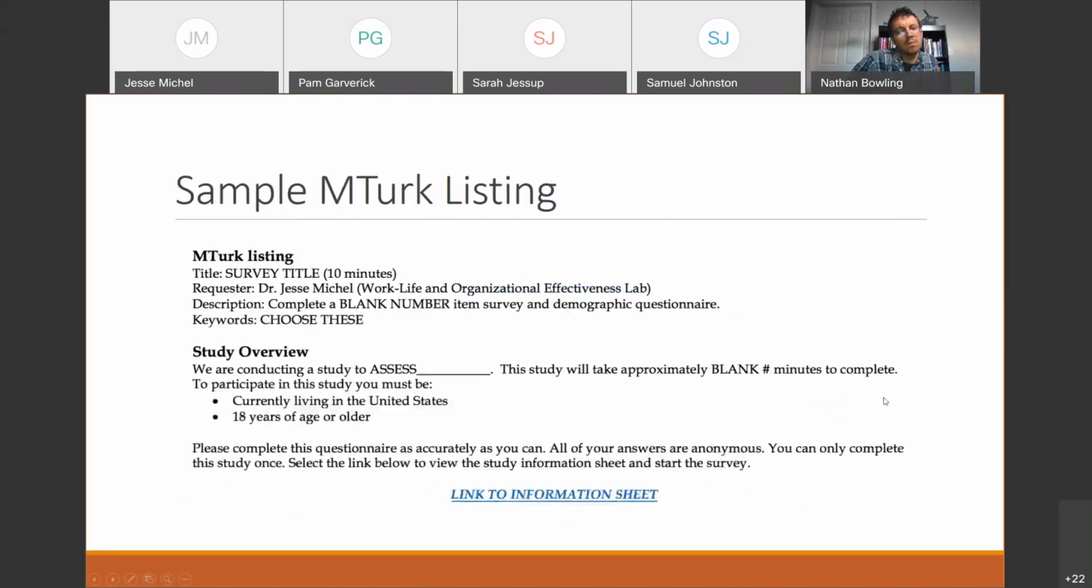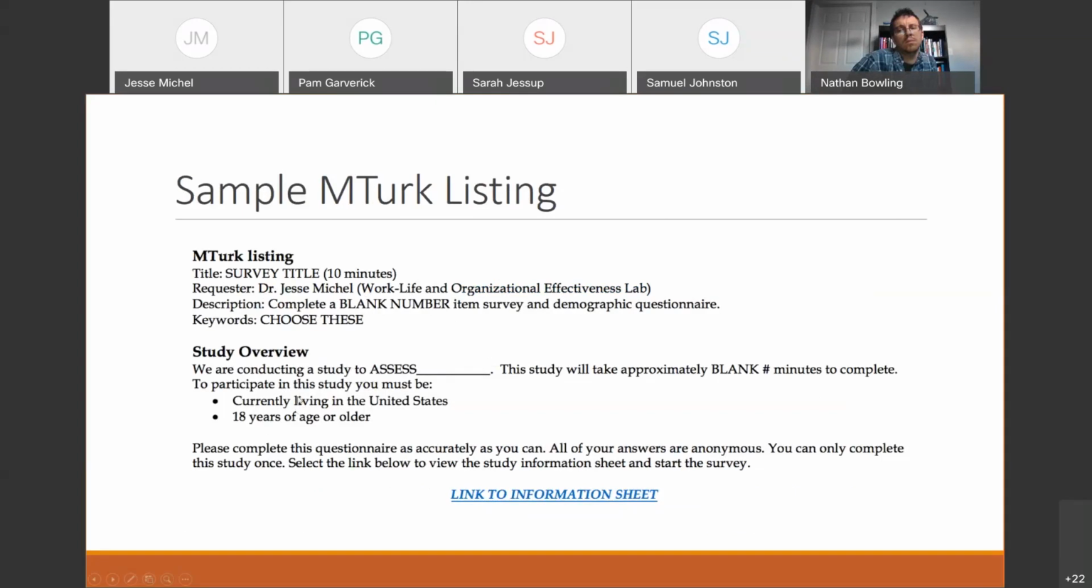All right. And then here's the ad. Again, I try to make this Mturk listing as explicit as possible. So I put my name in there. I show that it's from my lab, even though it's my personal Mturk account. Complete a 120 item survey, so I make it explicit so they're not shocked. And then the keywords, and then I provide a study overview,